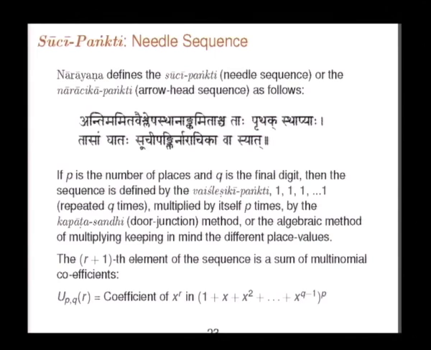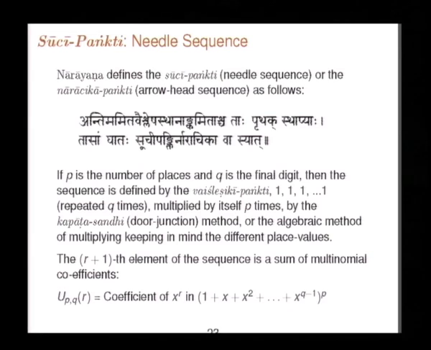So, in general the needle sequence is given by just slightly different notation than the previous talk. U, P, Q are put as arguments of u, I have put them as subscripts here. So u_{p,q}(r) is the coefficient of x to the power r in (1 + x^2 + x^(q-1)) to the power p. As was emphasized by Professor Sriram, Narayana Pandita does not define it in this manner, but what he is saying